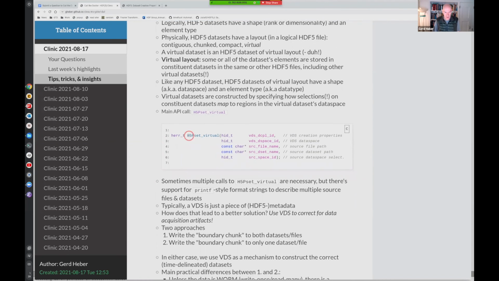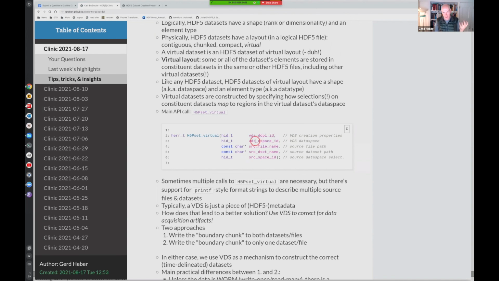It's called H5Pset_virtual, and its primary argument is a creation property list, because remember, when you create a data set, you can influence the layout of that data set through its creation property list. So in this case, you would prepare the creation property list for that virtual data set to be.